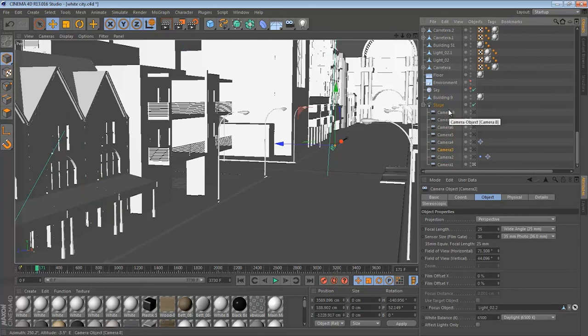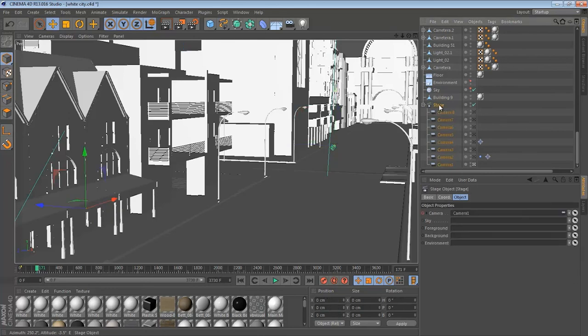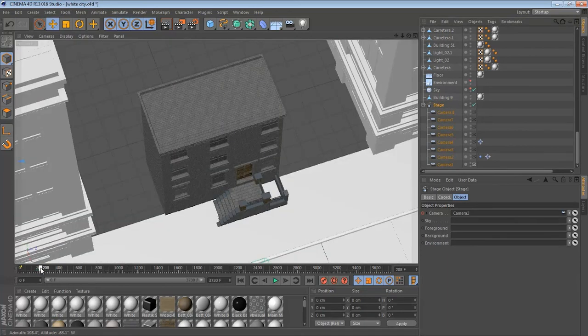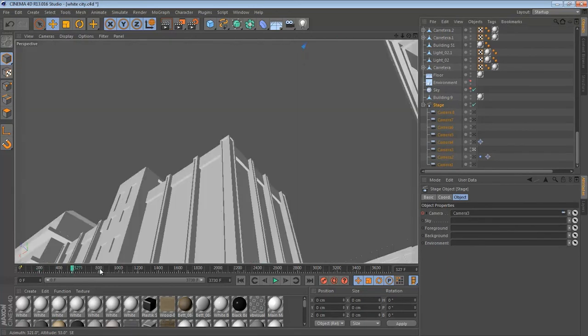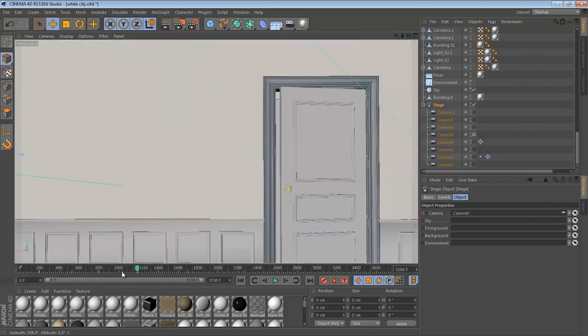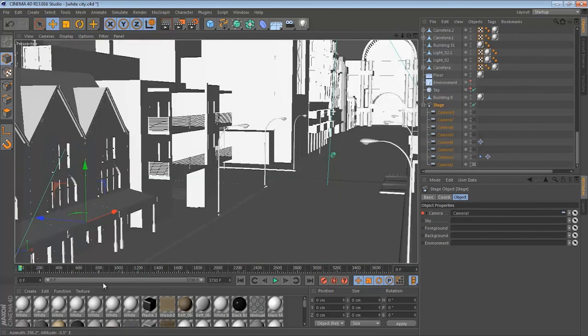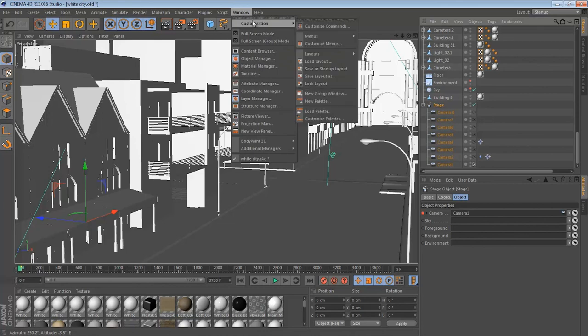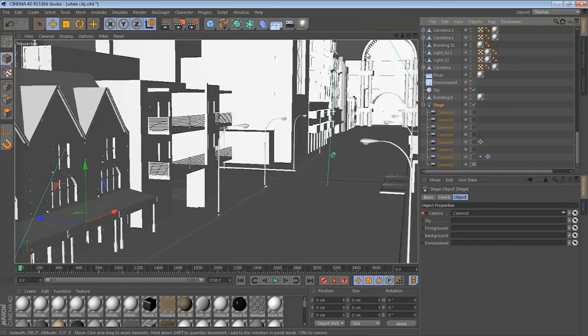It doesn't really matter how many cameras you have. You could do as much as you want. All you have to do is just keyframe when you want it to switch. Like I want to switch right there, and right there, and then right there. That's when you'd want it to switch, and it was really useful. So I had this one long piece, just one rendered out animation that was rendered out at one time with just the stage. Another thing that was really useful, I found when you go to layout and go to animation,